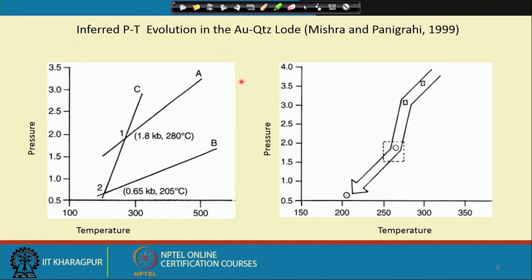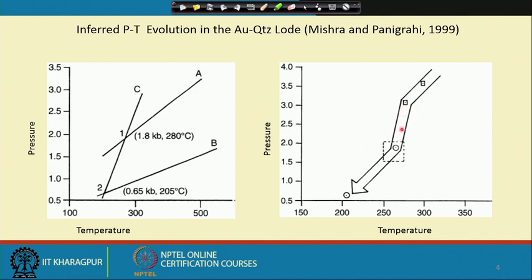Possible metamorphic derivation was ascribed for the ore fluid, and from the pressure temperature estimation made from the isocore intersection and from the aqueous carbonic inclusions, this kind of evolutionary path was deduced, and it agrees with the fact that the original parent homogeneous fluid, which is an aqueous carbonic fluid, transported the gold, and with the drop of pressure this particular fluid got